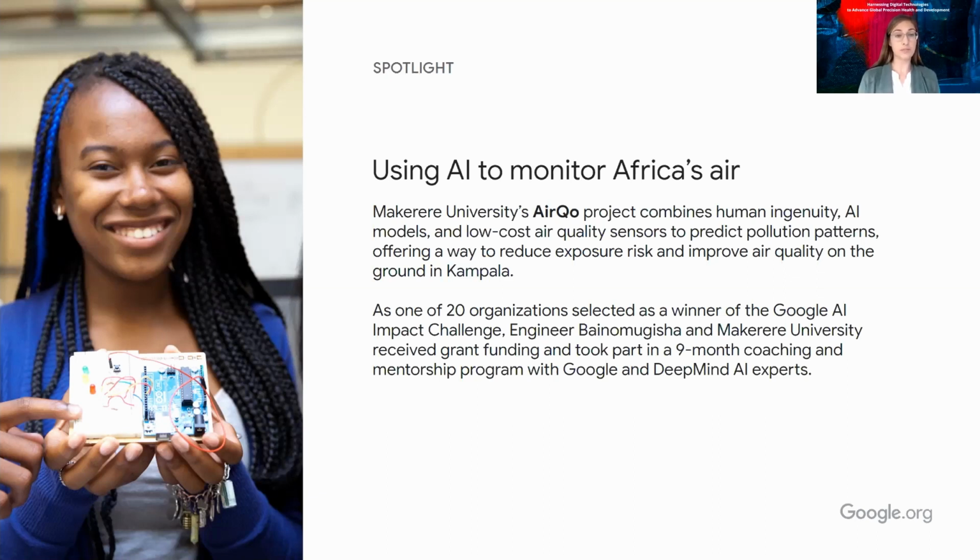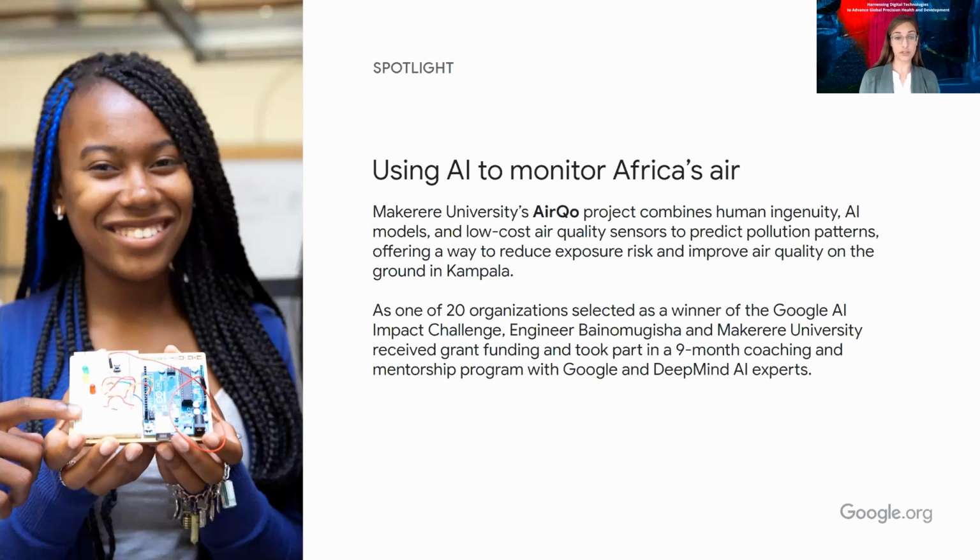The researchers that we are working with and proud to support at Makerere University have developed AirQual, a project where they have built a low-cost sensor. You can see one here on the page that uses solar power and a lot of local components. And they're deploying them across the city, not just in point locations, although importantly they are, but also on motorcycle taxis, on boda-bodas that drive throughout the city of Kampala and are able to provide an additional layer of data without necessarily having to have the quantity of sensors that you might need in a point system.